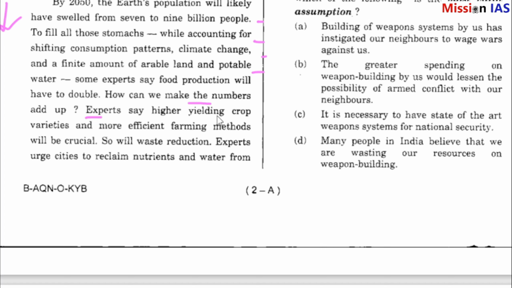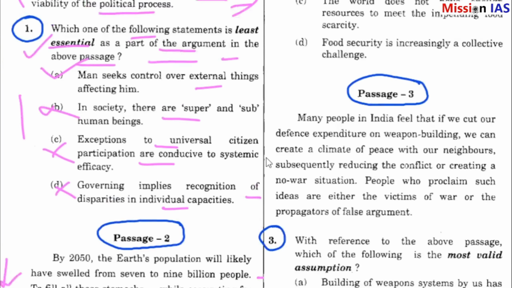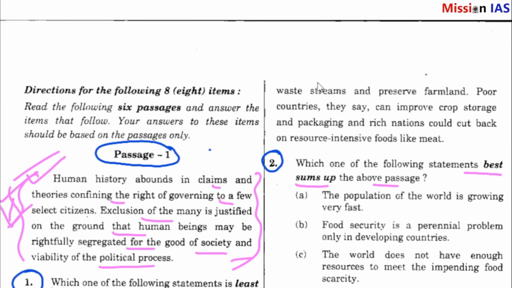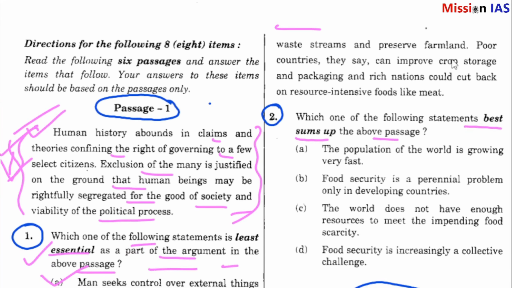Experts say higher yielding crop varieties and more efficient farming methods will be crucial. So will waste reduction. Experts argue cities should reclaim nutrients and water from waste streams and preserve farmlands. Poor countries, they say, can improve crop storage and packaging, and rich nations could cut back on resource intensive food